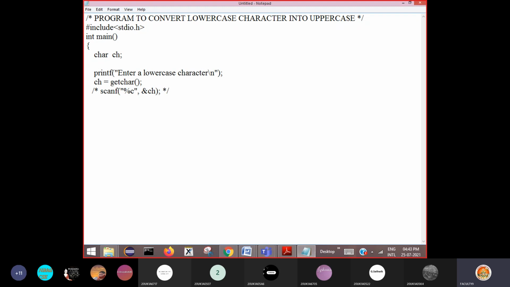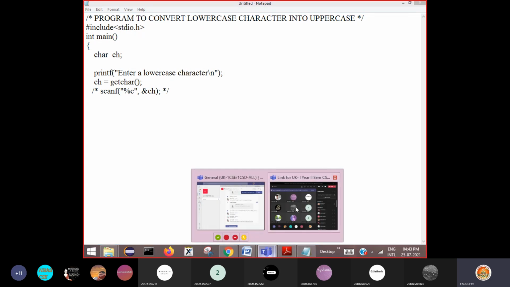You can use any one of these two functions. Now assume that the user enters a lowercase character.